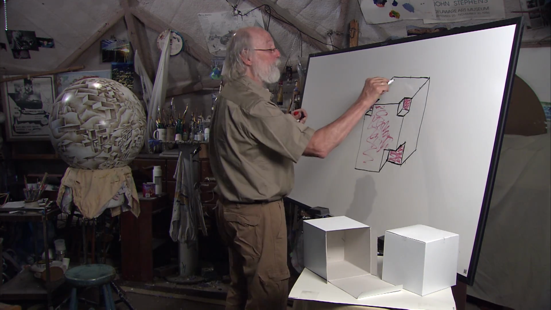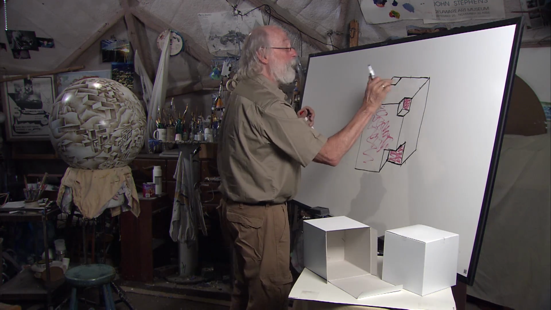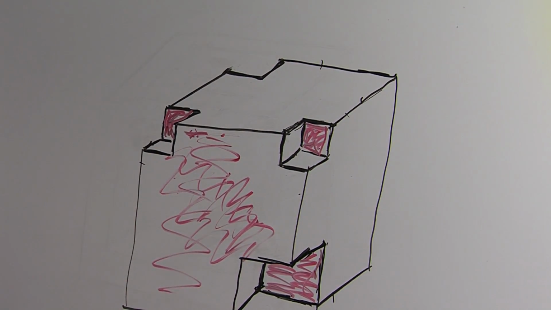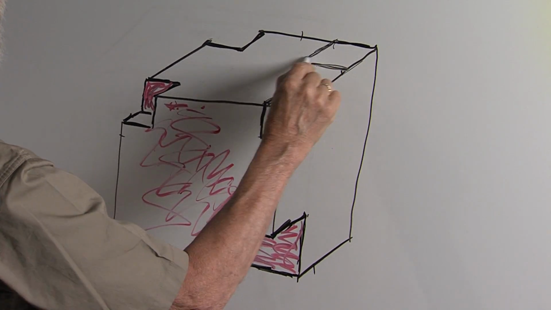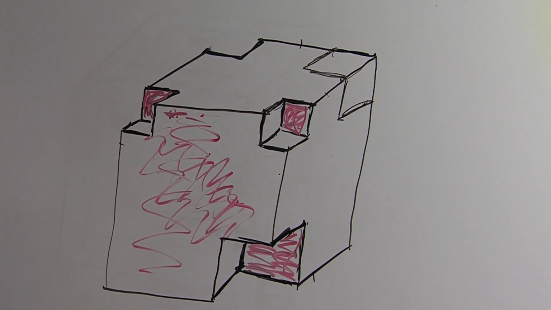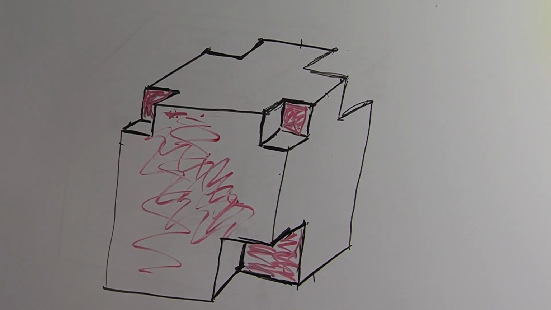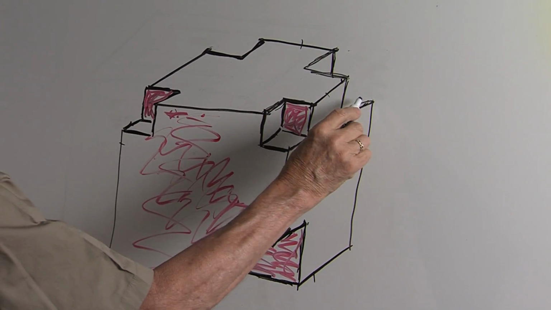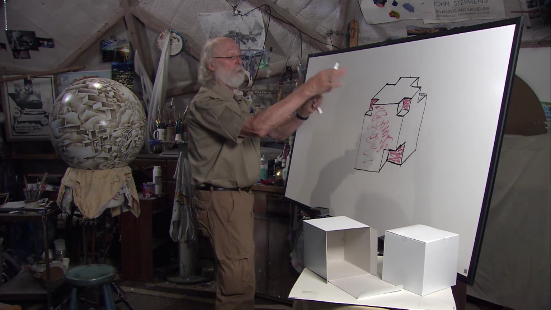A couple more corners. This is a nice easy one. We'll chop like this and across like that. That's what that would look like. And you wouldn't see anything else because it's all back around the corner. If you chop out of this corner, all right, we come down like this and across like that. Get rid of the cube. These are all little cubes we're subtracting from it. You end up with that notch. Well, that doesn't look right until you add this line down and this line across. And then you get a corner out of that. And you can do that with all of the different cubes.